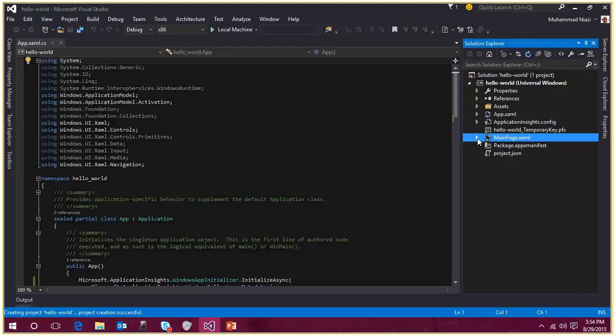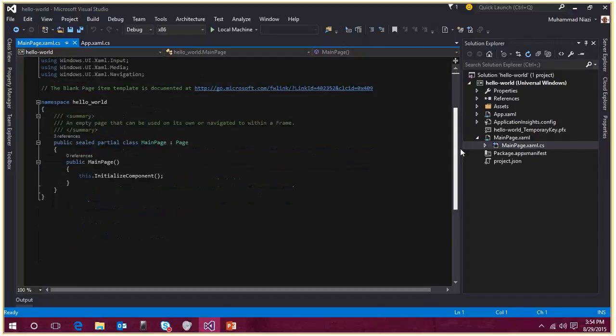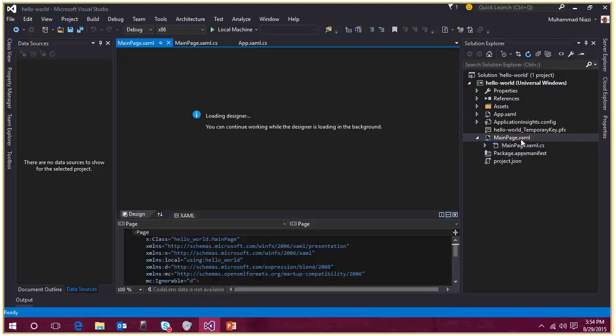One is a XAML file and the other one is a CS or C# file. To consider how XAML and C# are interrelated, you can think of it as layers. The XAML is more towards the user side, the front end, and C# is the backend side or the programming side of it. If you go into the C# file, you will see all the C# code. And if you go to the XAML side, you're going to see the designing part, the front end part,